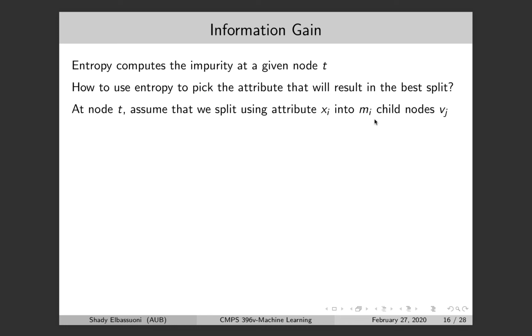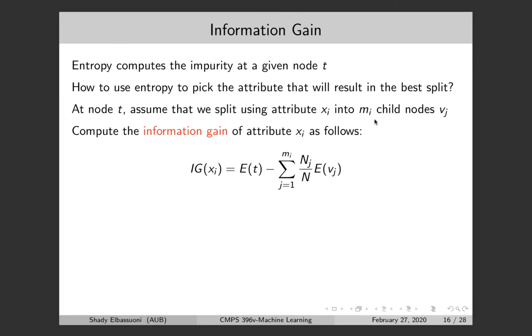We compute something called the information gain of attribute xi as follows. Information gain of xi is the entropy of the node T minus summation from j equal 1 to mi of Nj over N times the entropy of Vj,